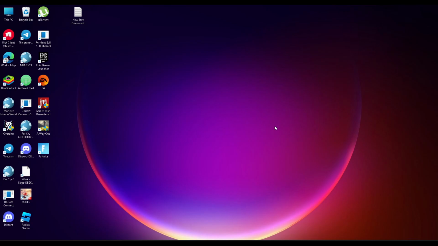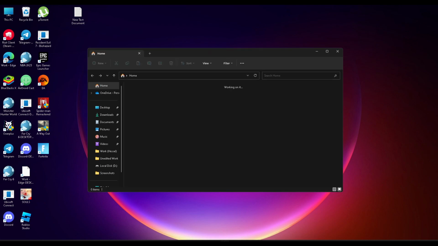In this video, I'm going to show you how to fix anti-cheat is not installed on Fortnite. So please watch the video until the end and follow this tutorial step by step to avoid making mistakes. So let's get started. The first thing we want to do is to go open our file explorer, and we